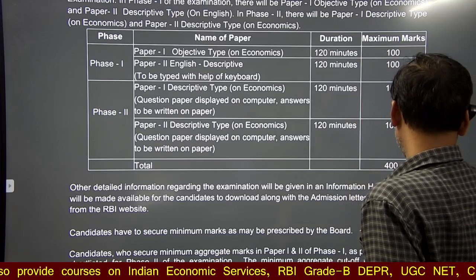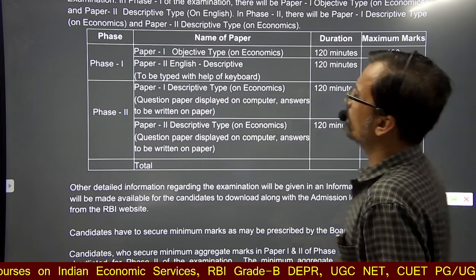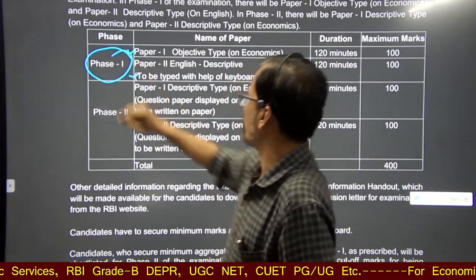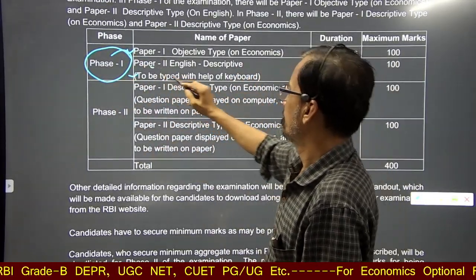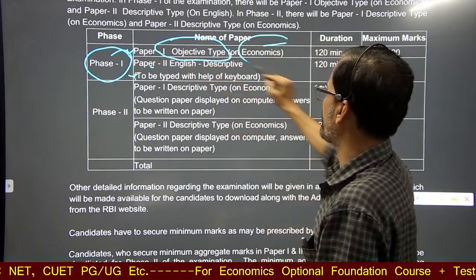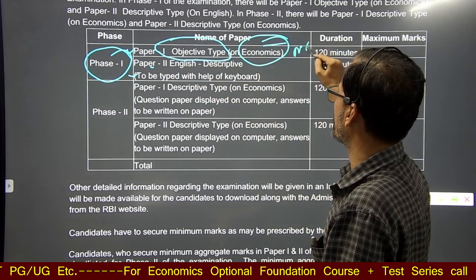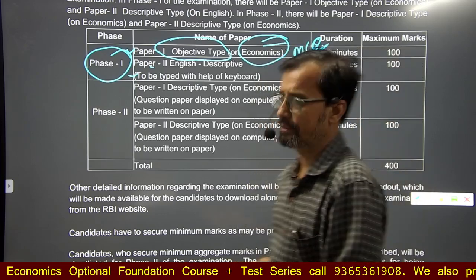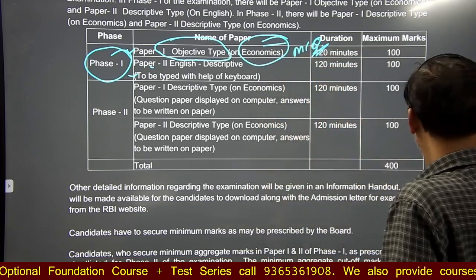So this year, in phase 1, there are two papers, paper 1 and paper 2. Paper 1 is an objective question paper on economics, that is MCQ pattern, computer based test. Next,